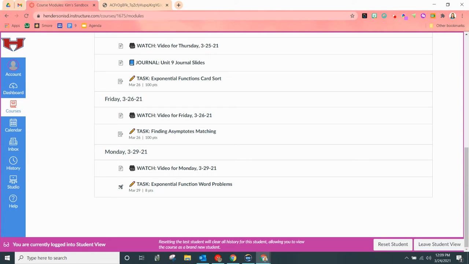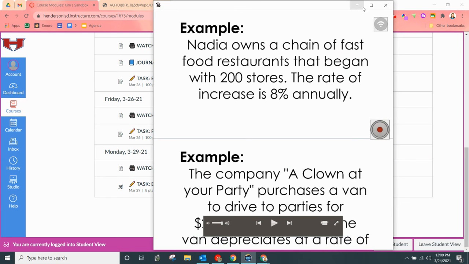So today we are moving on with exponentials and we're going to talk about some word problems. Our goal today is to be able to take a word problem and write the equation that models the situation that the word problem is giving us. I've got an assignment for you to practice, but before we get there, I'll go over a couple of examples with you